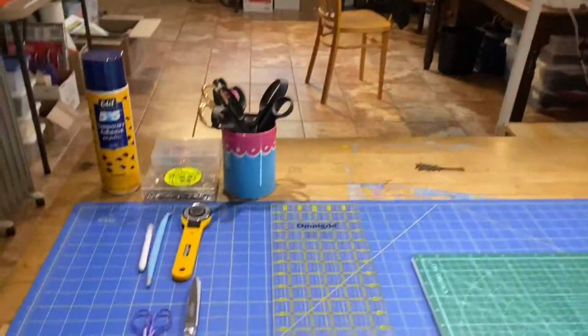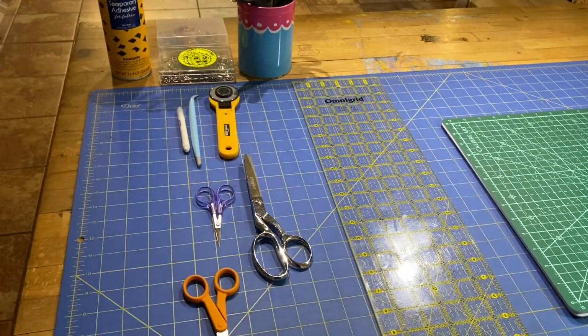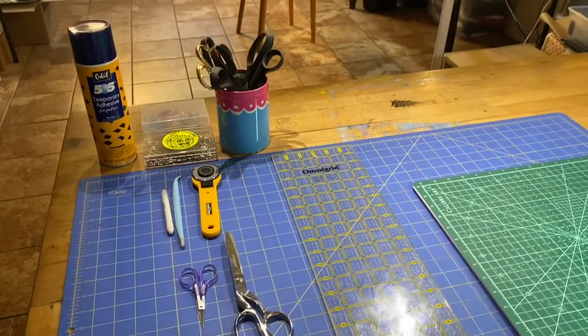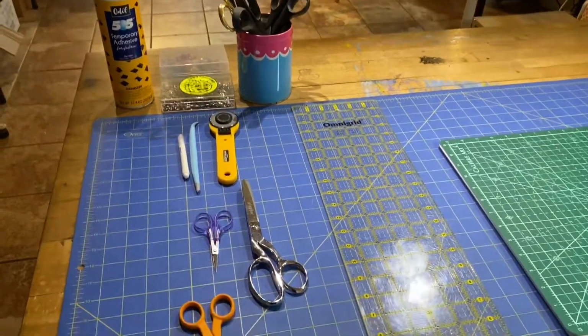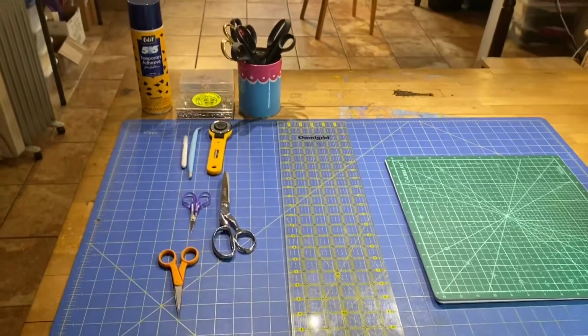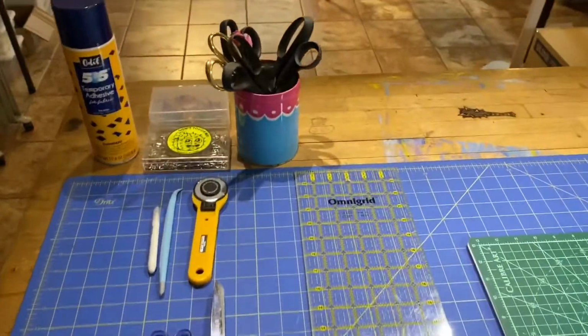The other really important element of sewing is cutting. You don't think about it that much when you first get into it, but it's really, really important, and it's really good to have good cutting tools. So these are my cutting tools. Sorry for the shaky cam again, guys. Handheld, not my forte. So these guys right here,